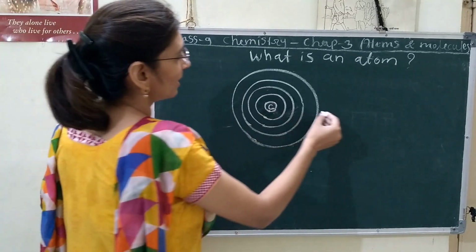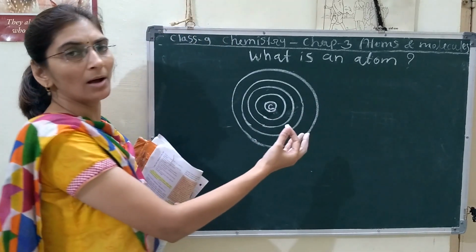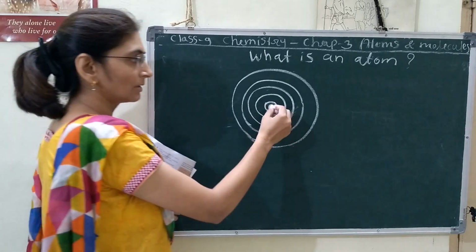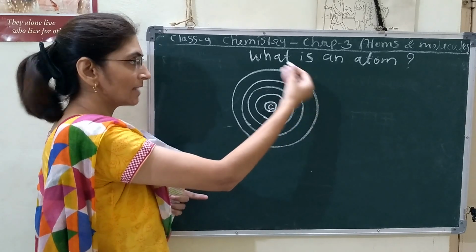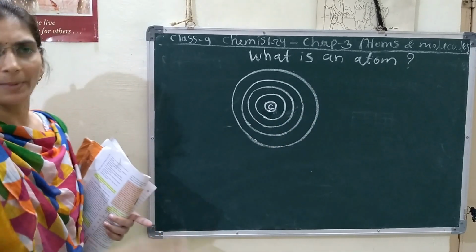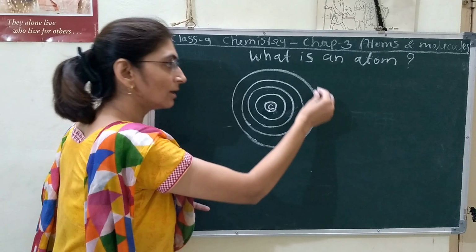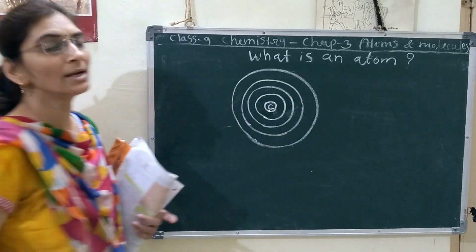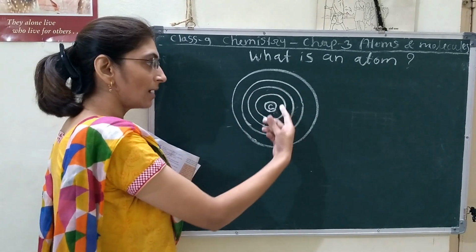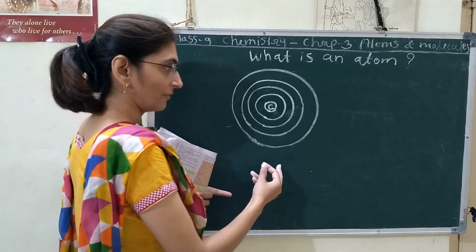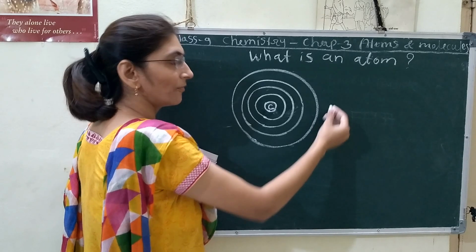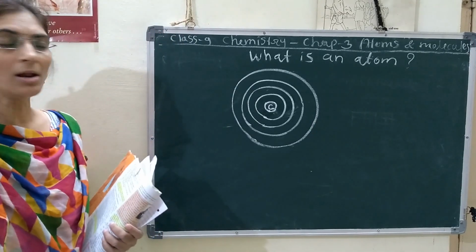From this atom and its bonding, how does the atom bond? The bonding of an atom totally depends on its combining capacity, and the combining capacity of any atom depends on the number of electrons present and the electronic configuration of each and every atom. This electronic configuration, we can say, defines the chemical property of the whole atom.